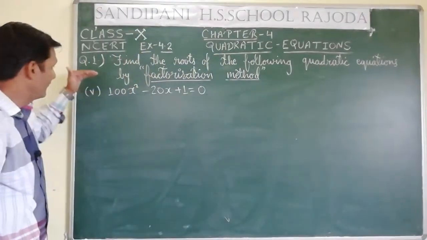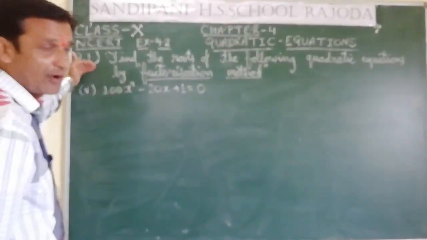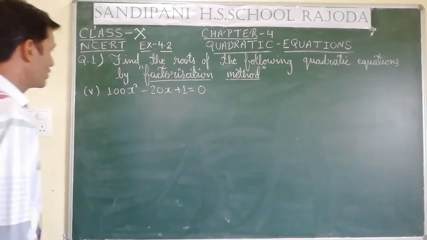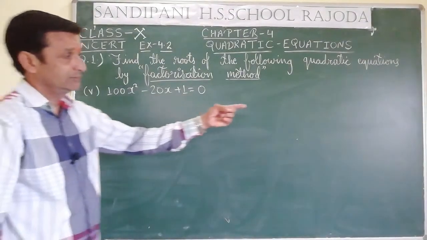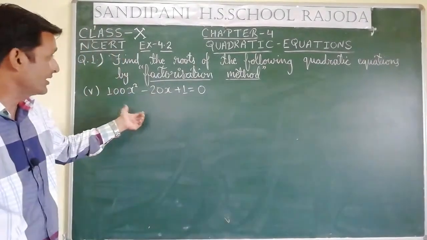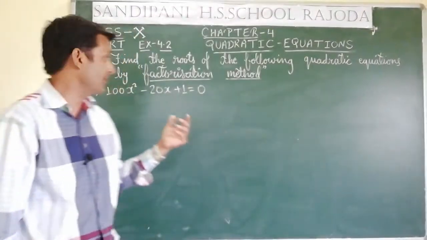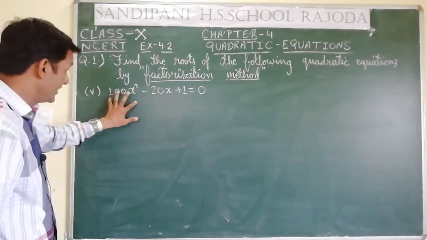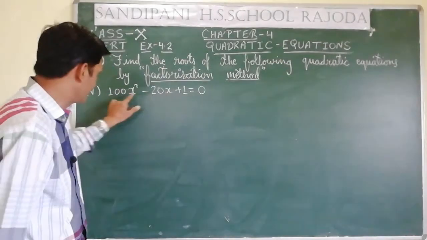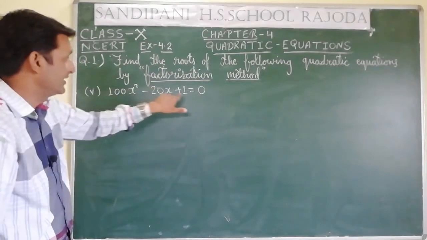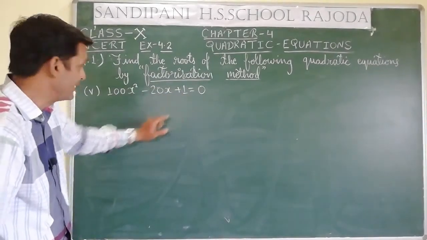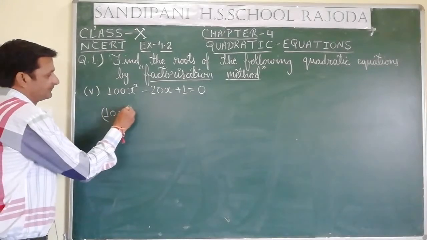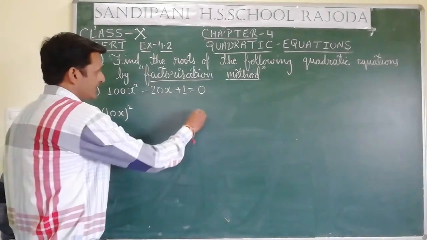Now our fifth question of this question number 1 only, it is 100x square minus 20x plus 1. So here I am telling it is just like the previous question. Here also the roots are equal. It is clear, because why is it so? How will it become clear? Because this term and this term, this quantity and this quantity, both are complete squares. See here, it is square of 10x and it is square of 1.